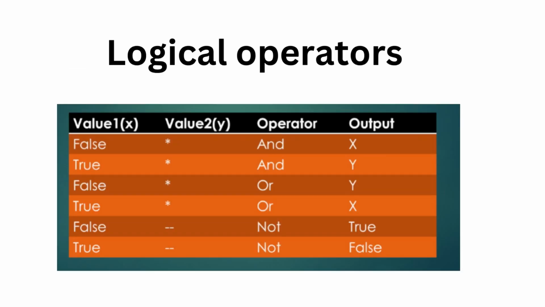Then there are also logical operators. Logical operators allow you to combine multiple conditions. This includes and, or, and not. So far we have covered operators. Let's move on to